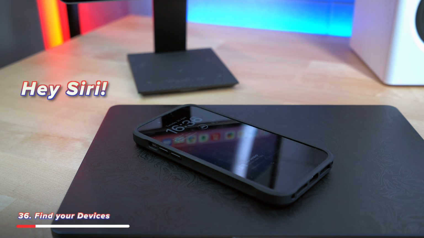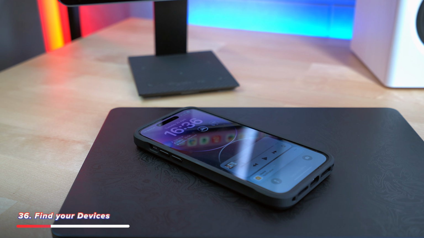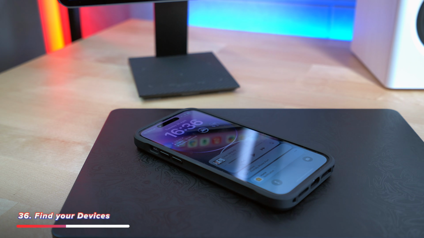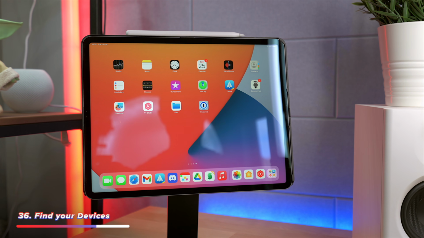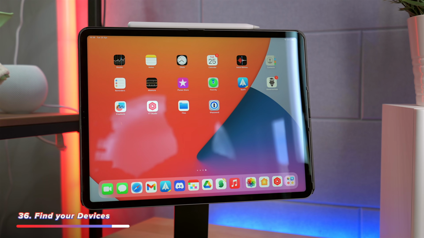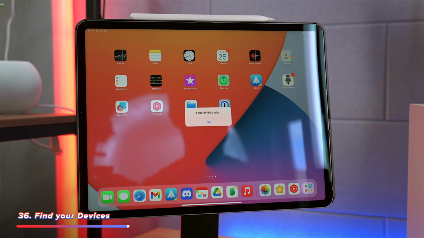And if you're looking for your Apple devices, be it a watch, phone, Mac, or iPad, you can say, "Find my iPhone." "Looking for Pete's iPhone 14 Pro Max. It's nearby. Pinging your iPhone now." Or find my watch, and you can even use this for other devices. Find my wife's phone. Hey Siri, find my iPad. "Which one? Pete's iPad or iPad?" Pete's iPad. "Looking for Pete's iPad Pro 12.9 inch, 5th generation. It's nearby. Pinging your iPad Pro 12.9 inch, 5th generation now."